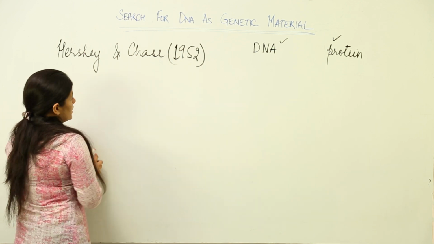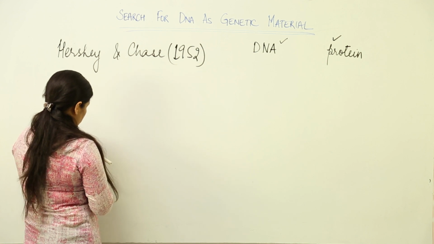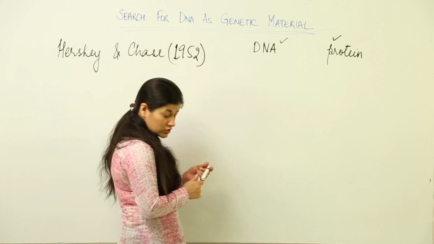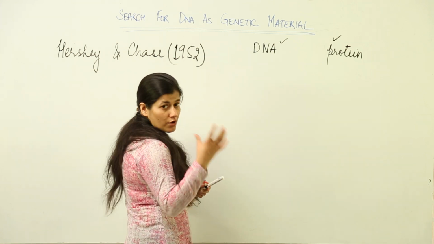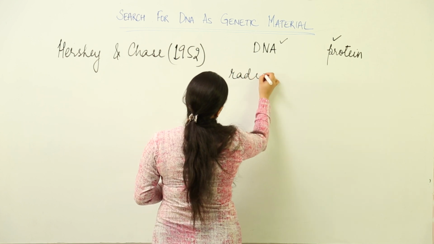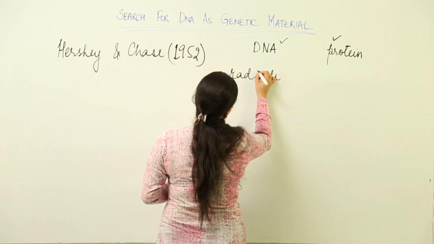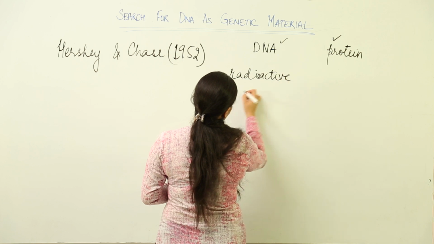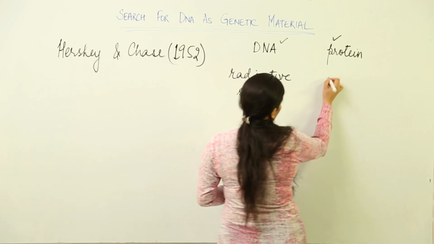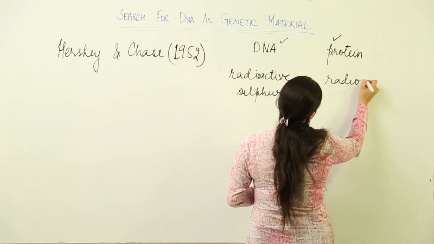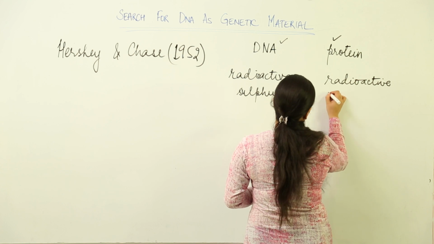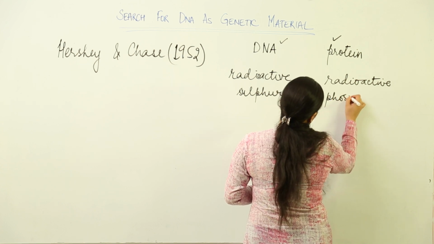Now how? See, they are going to incubate, or they are going to grow the bacteriophages, which is the virus. Few of the bacteriophages would be grown on radioactive sulfur, and few of them will be grown on radioactive phosphorus. Now this was carried out. Why was it carried out? You know that